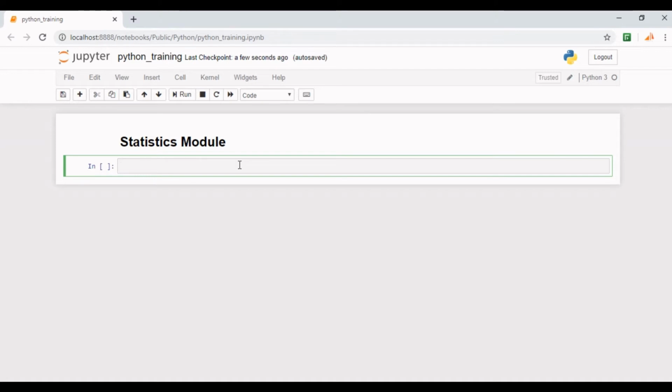Let's first understand what statistical information we can derive from numeric data. We will briefly understand these quantities so that we can utilize this library for our programming purpose. We won't go into the mathematical analysis of these quantities.